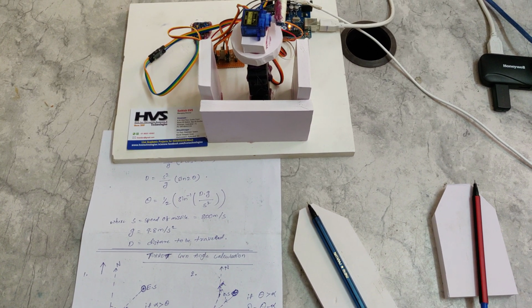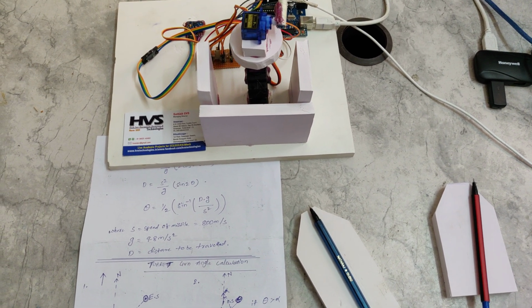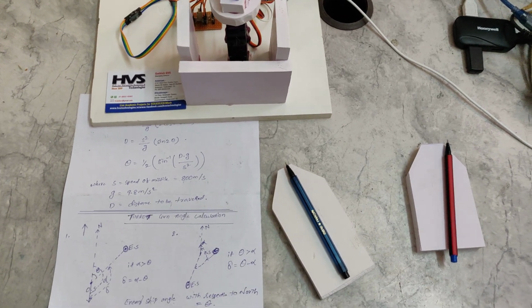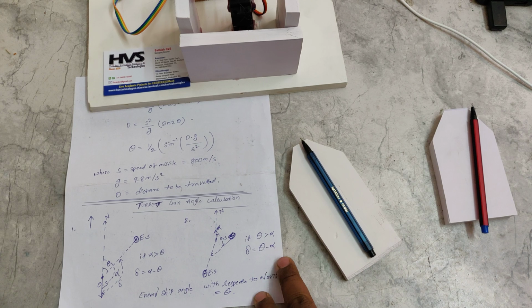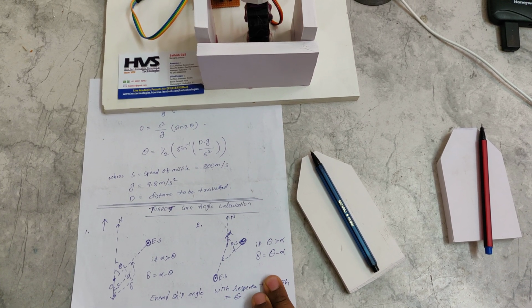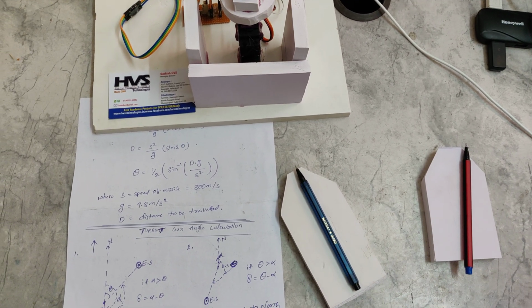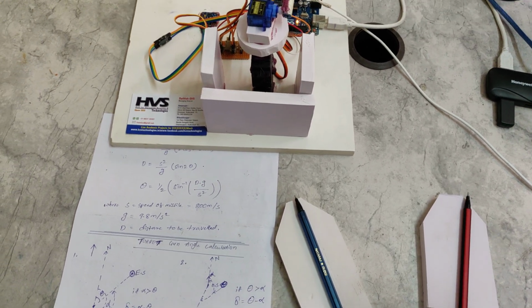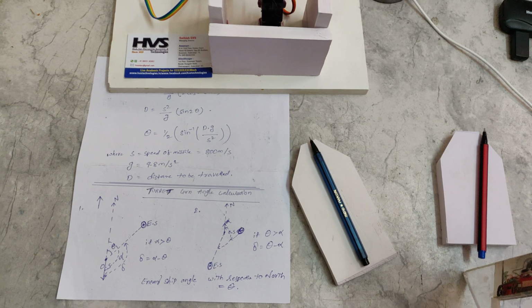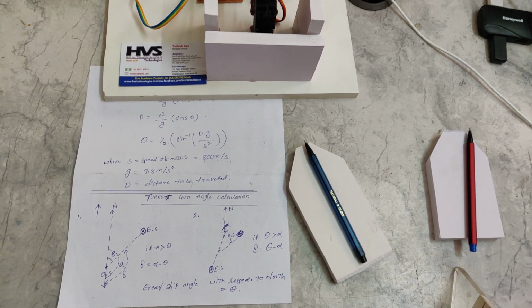Welcome to the project demonstration of the turret gun position of a ship based on the input from the enemy ship. This was already demonstrated in the previous video, along with the angle and turret gun position controlling based on the input from the laptop to the Arduino Uno software. Now we have changed some inputs.